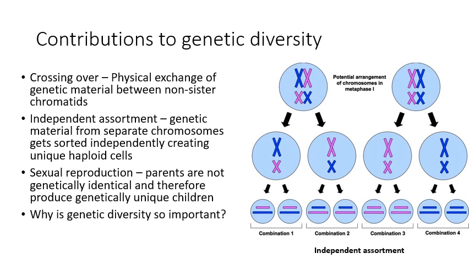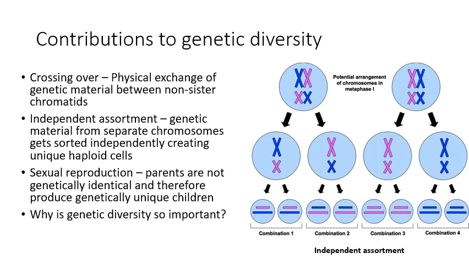And this allows us to create many different combinations from the same set of DNA in the original diploid cell. So these diploid cells up here have the same DNA within them, but as they make the haploid cells, they can each be different. So all of these are unique, even though they came from the same diploid cells. And the more chromosomes that you have, the more possible combinations of the genetic material you can have. So that's the second way we can increase our genetic diversity.